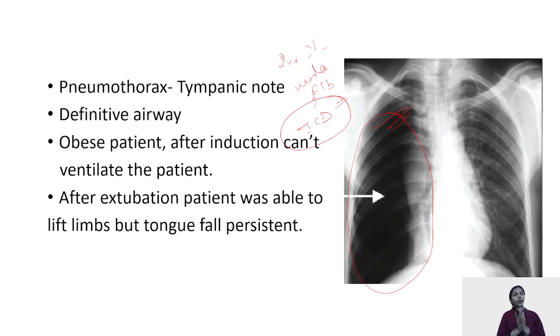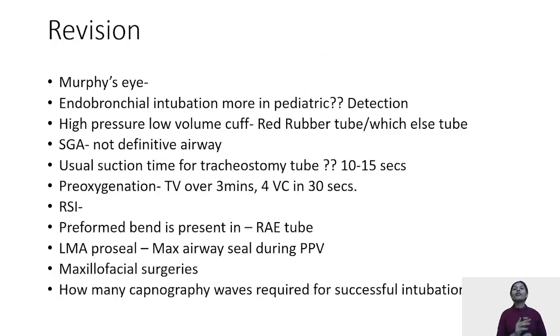After extubation, the patient is conscious, the limb movement is there, but still the saturation is not maintained. It is desaturating because of the persistent tongue fall. But the patient has limb movements, the patient is conscious, the patient has a gag reflex. In these cases, we prefer the airway adjunct that is your NPA, nasopharyngeal airway. The Murphy eye is an alternative pathway of ventilation.